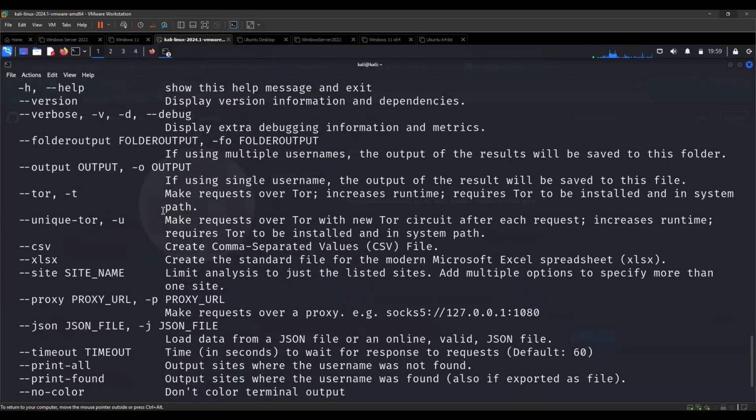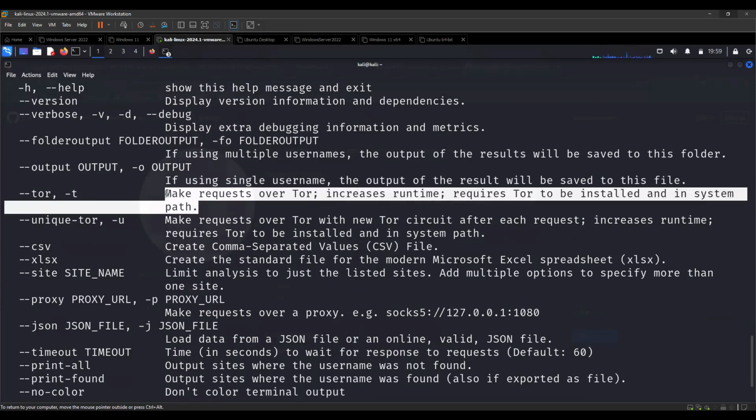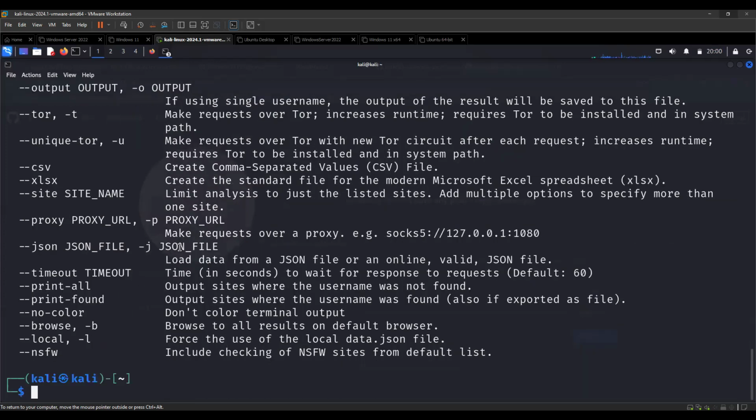And it's also possible for you to process the request through Tor. I know we have not done Tor. Tor is more under anonymization, where you try to hide your requests. We'll get to anonymization maybe later in our training, maybe towards the end. But if you don't want the search to appear to be coming from your computer, you can also anonymize your request by sending it over Tor. But for now, we'll just stick with the basic usage, right?